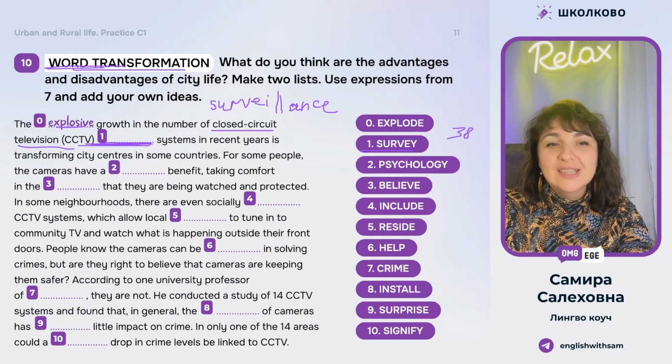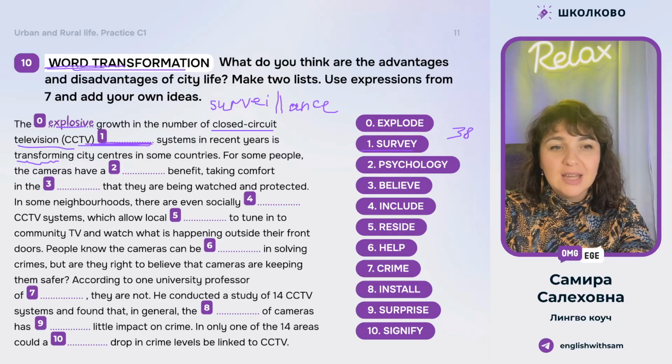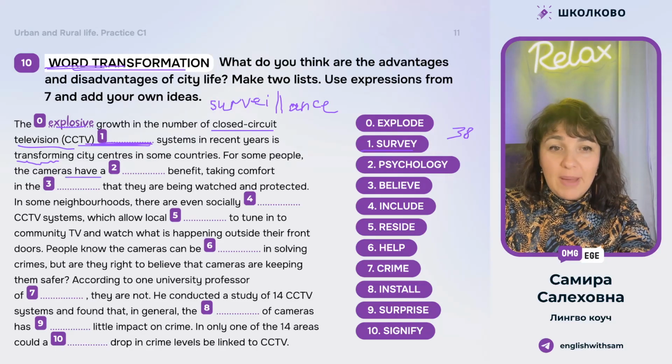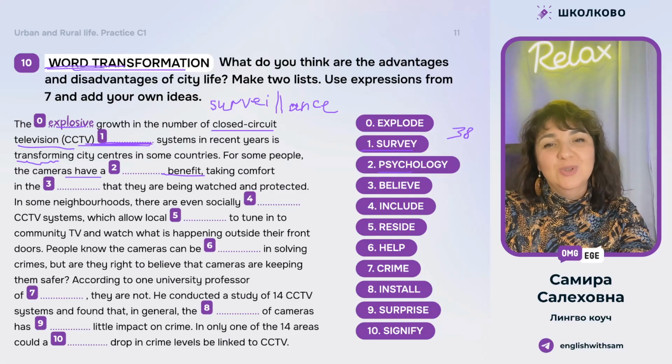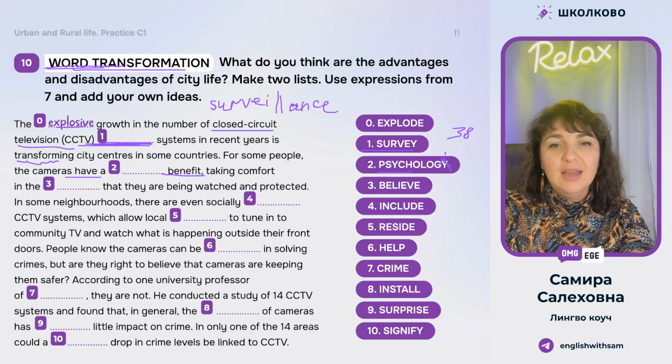Окей, то есть из-за них в недавние годы некоторые центры городов преобразились, transforming, преображаются. For some people, the cameras have a benefit, and we have psychology, so you know this word for sure. Psycholo, and we need to switch Y into I, right? Psychological